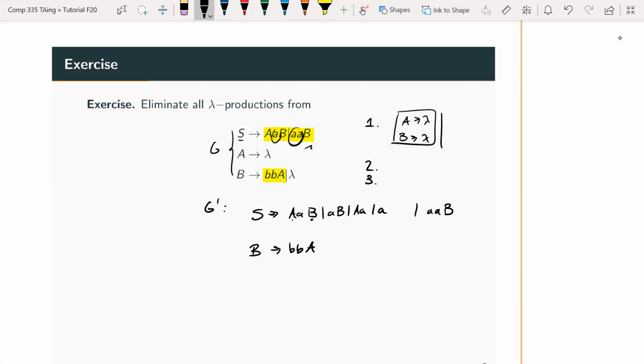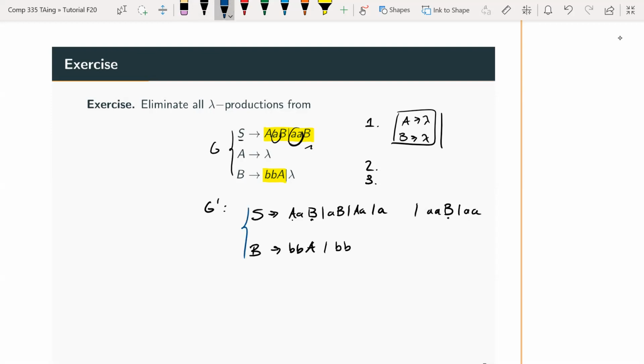And then the same thing for aAB. In this case, the only thing I can do is replace capital B by lambda, so I'm going to get aA, right? And then the same thing for this one here. The only thing I can do is replace capital A by lambda, so that's what I'm going to do. I'm going to get BB. Okay, so